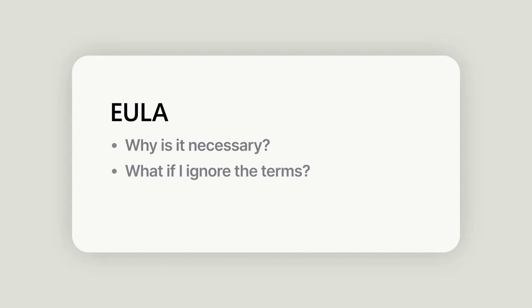You'll come to understand why it is a standard part of the software installation process as well as the potential legal and security consequences of ignoring the terms in a EULA. The EULA is a significant software installation and use component. While it may often be agreed to as an afterthought, it is important to understand the nature of the information